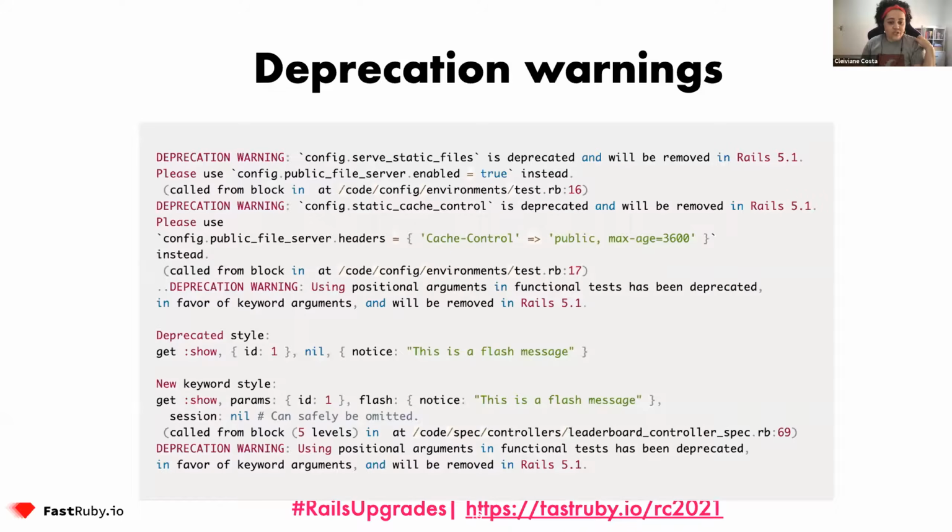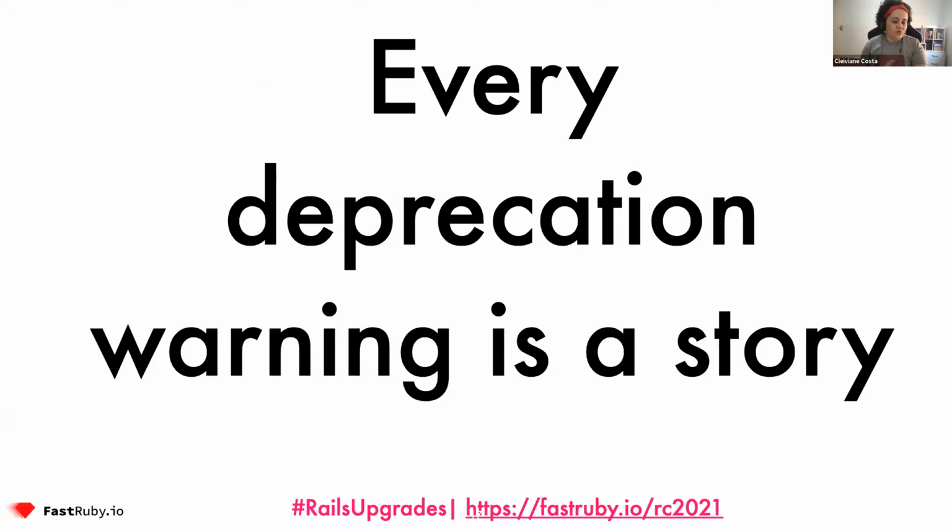When running the test suite, you will likely run into a bunch of deprecation warnings, for example, right? And for every root cause of a deprecation warning, it should become a new story in our roadmap, the same way we did for the console errors. It's something we need to fix or address in the current version if you want to jump to the next version, right? So here are some of the